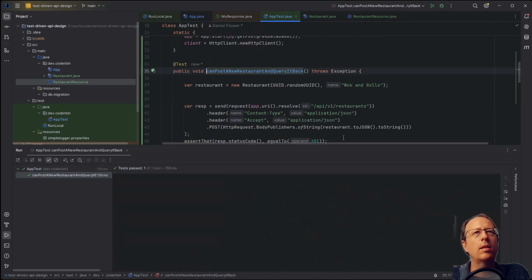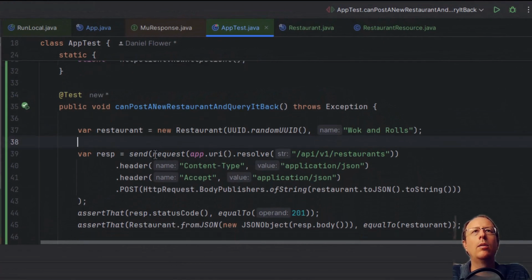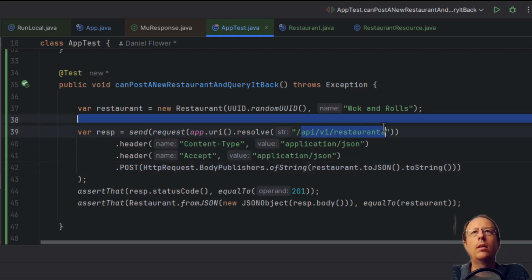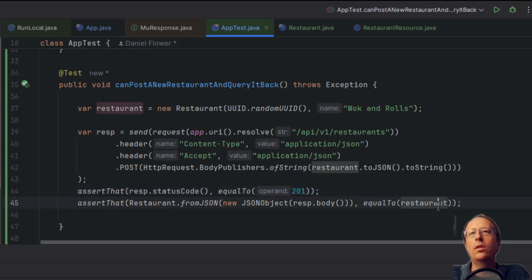Okay, let's take a second to look at what's happening here. We have created a restaurant object. We have sent it as JSON to this endpoint. The endpoint's returned a 201, and also the JSON of the object itself. We're not actually storing this in the database, so although this test passes, it doesn't really prove that this thing is working. We could add more test code to make sure that we can query it back, and we will need to add this to a database to make this pass. So let's get started on that.